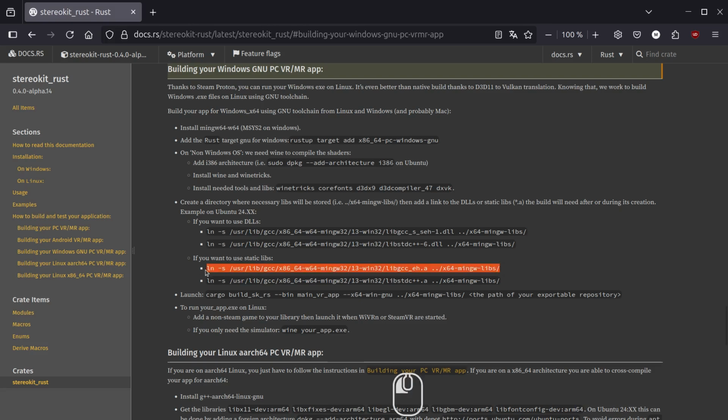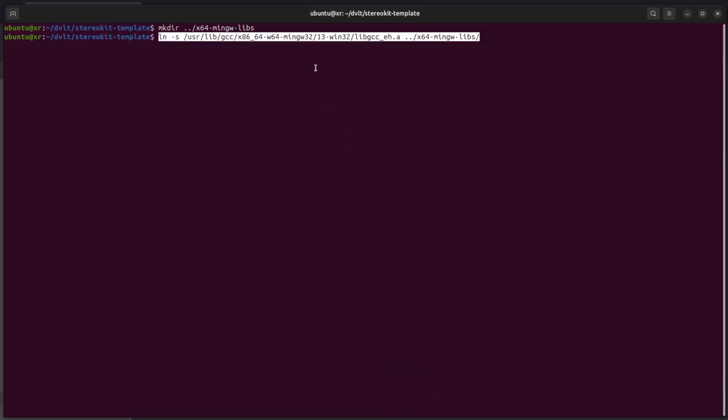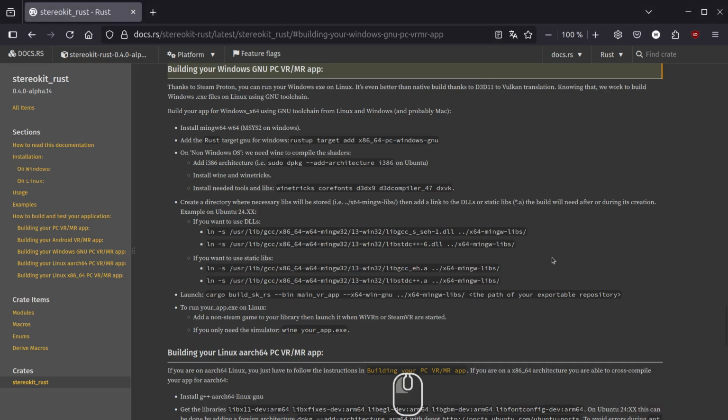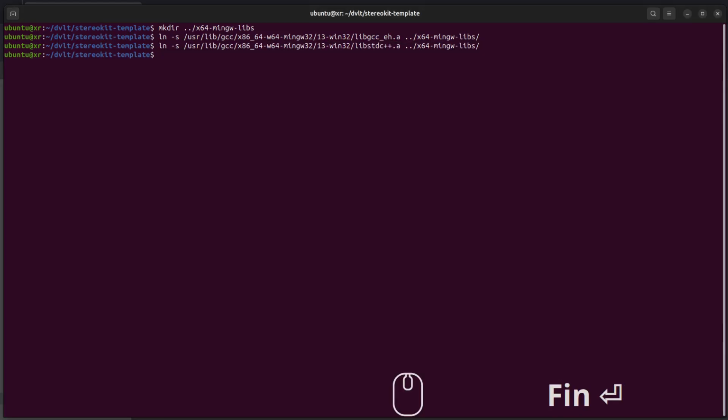We take the default choice. We just need links to static libs. This is our export directory.